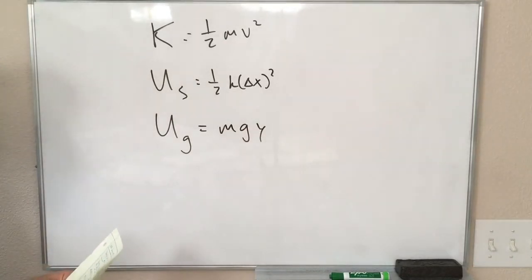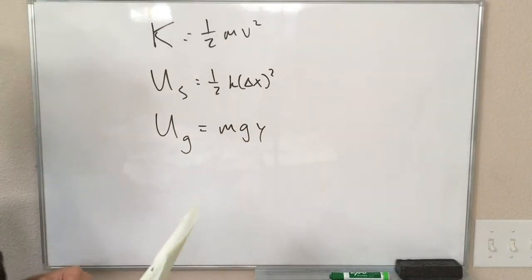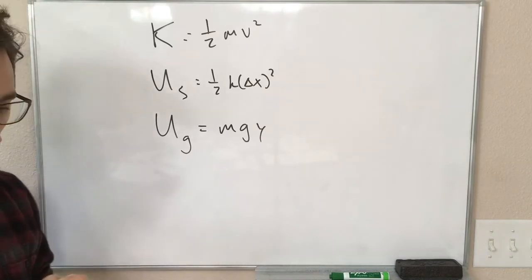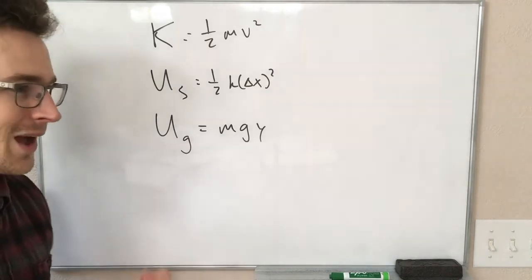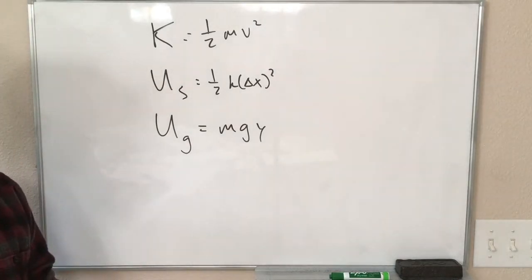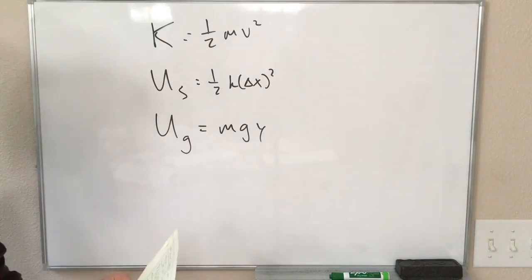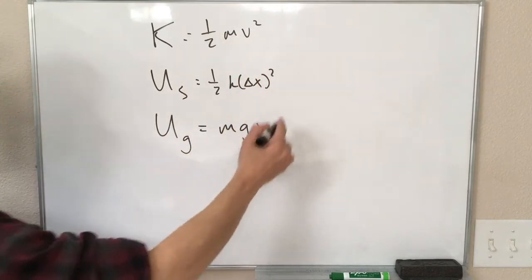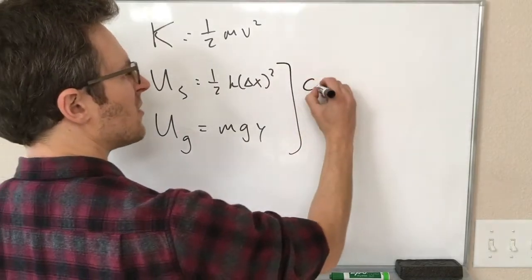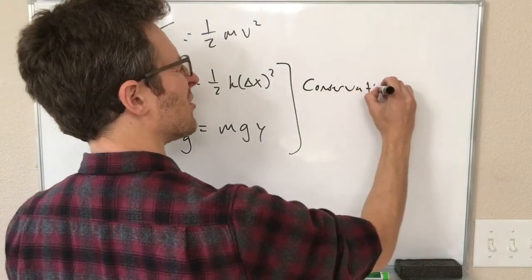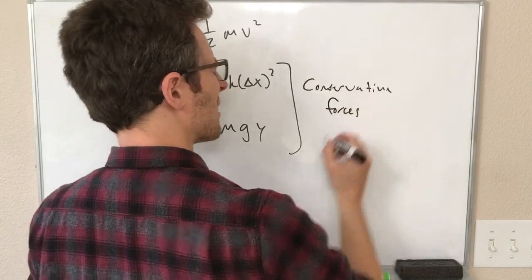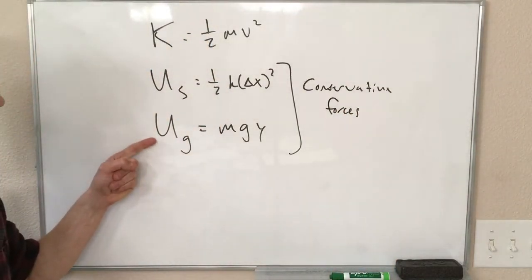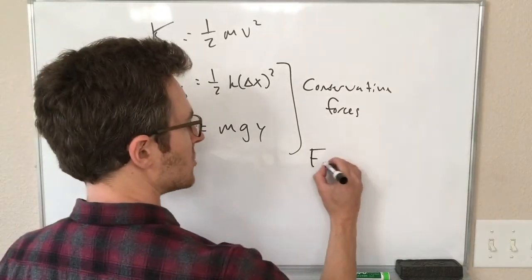So like I said, energy can move between these different forms by doing work. The work energy theorem tells us how net work changes the kinetic energy of an object. And all of the forces associated with these types of energy are conservative forces, which I've mentioned before in videos. So this means that the force of a spring and the force of gravity conserve energy.